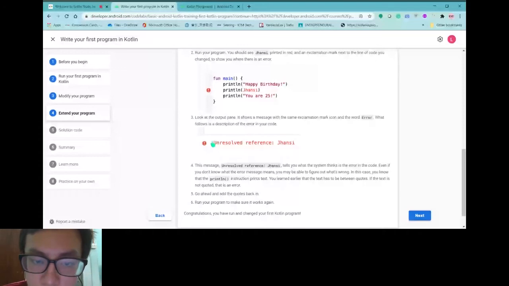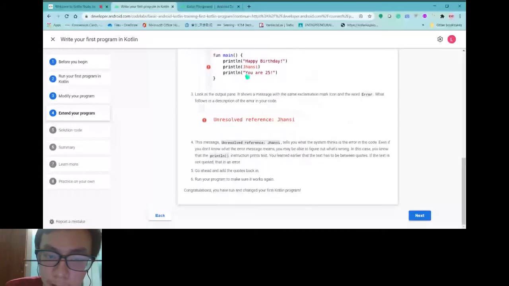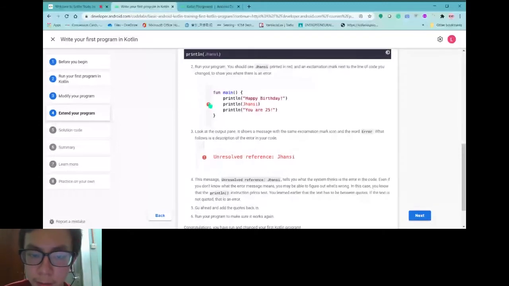And then this without double quotes actually means a variable. And then what is a variable? I will cover this later with you guys. Yeah, and so basically this just shows you how the error looks. And then if you can see what the error is, you can probably find a way to fix it. Yeah, so just next.